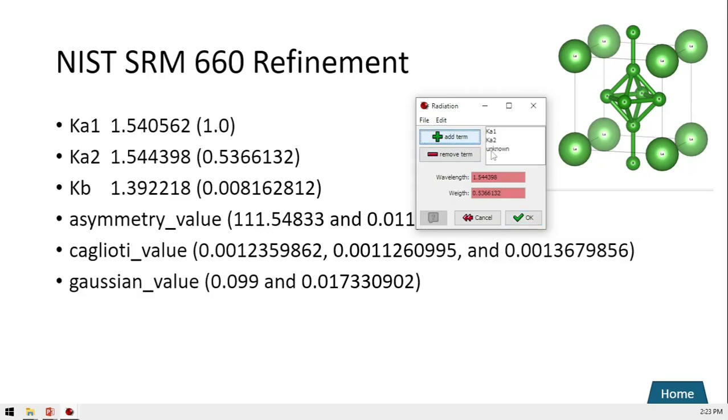And also we will add the K beta. You can check the previous number that we input, and K beta is 1.392218, and the weight is 0.0, not 0 but 0.0000, I mean 008162812.